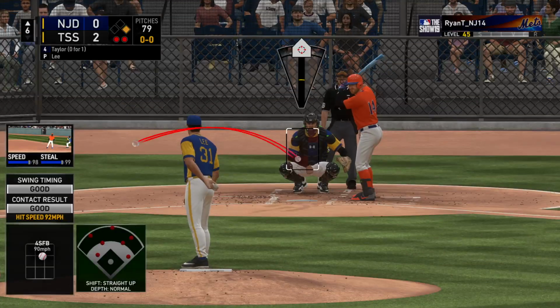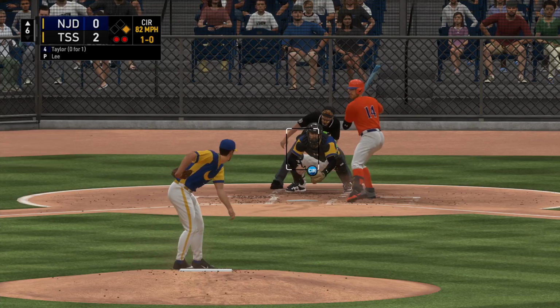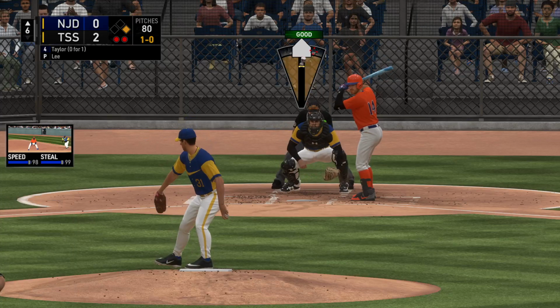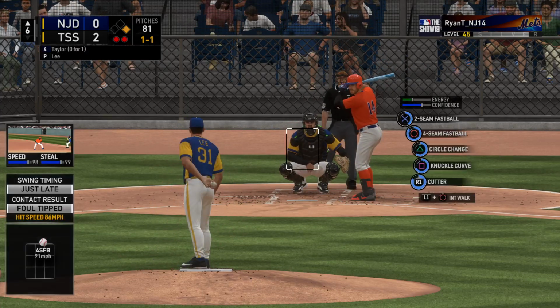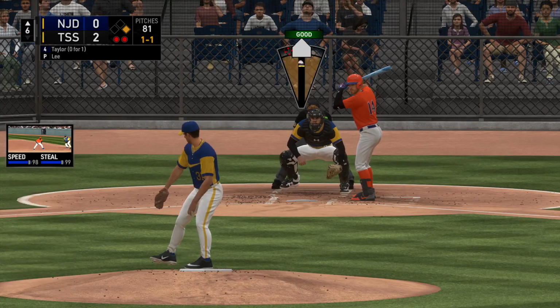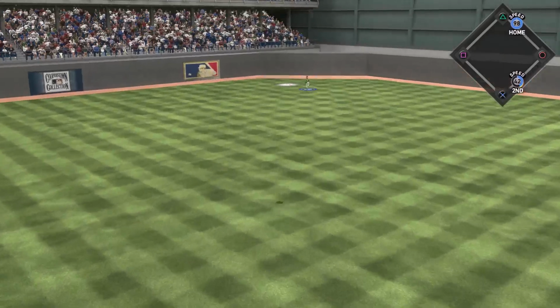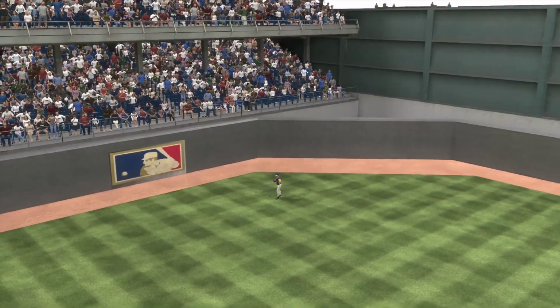So stepping in, Ryan Taylor. He's 0 for 1 thus far. And he lays off there, 1-0. This is one of those classic cases of the right guy at the right spot. They need to get a rally going, and this is maybe their best hitter, so he's the right guy in the right spot for this team right now. High fly ball out to straightaway center. Under it is the center fielder. He makes the play, and that'll...